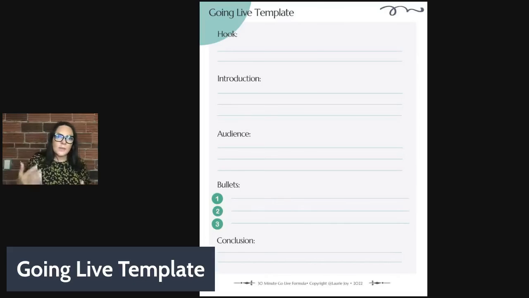And then you welcome your audience, you speak to your audience, you have your engagement pieces in here, and then you cover, boom, 1, 2, and 3, so that you're not overwhelming your people, you're not giving them too much, you're not giving away the farm, and you're able to hit this 30-minute live formula with ease. With ease. And so you can walk away with this go live template knowing that the next time you go live, you're going to crush it.